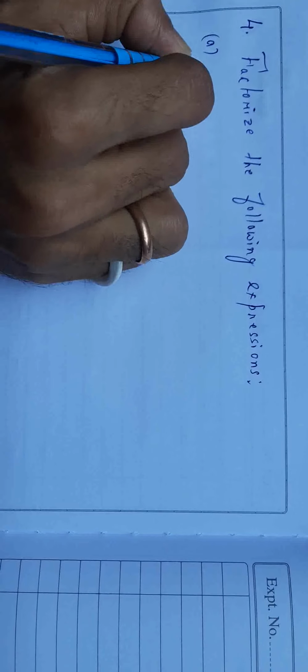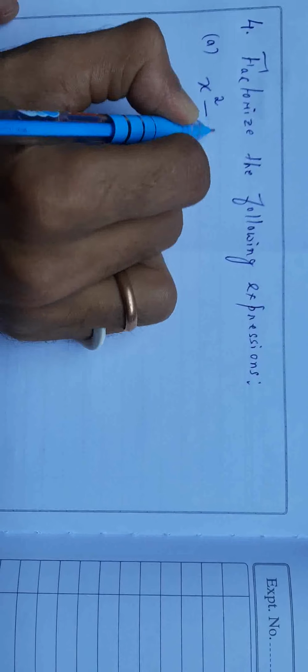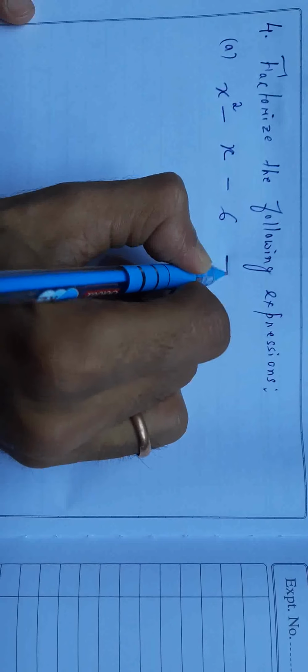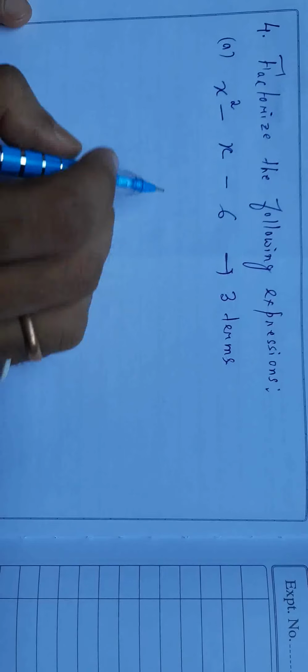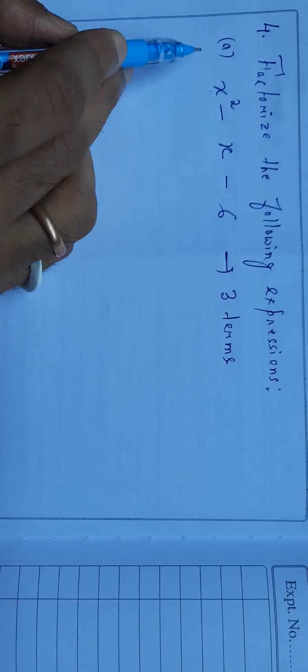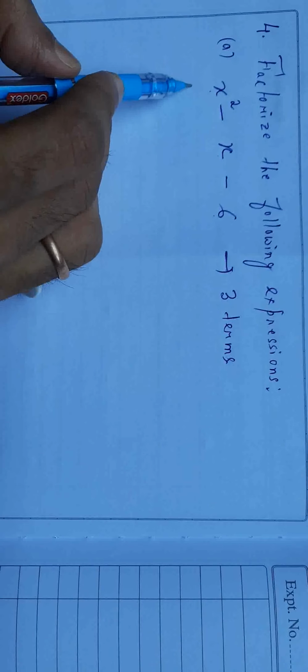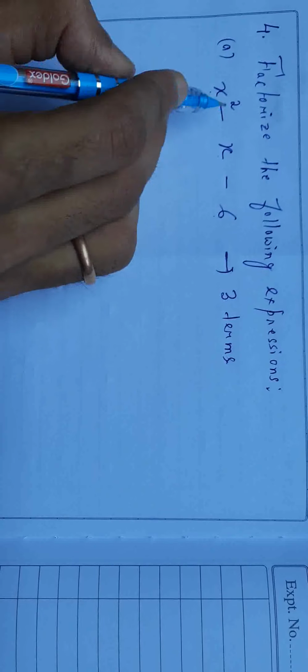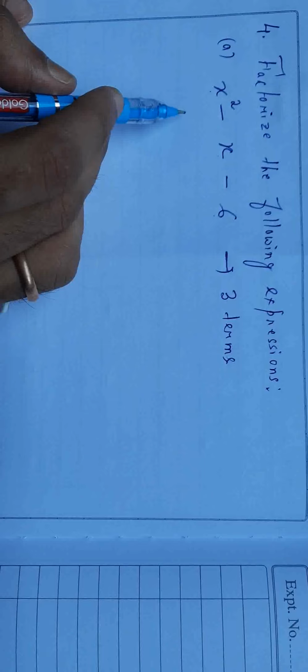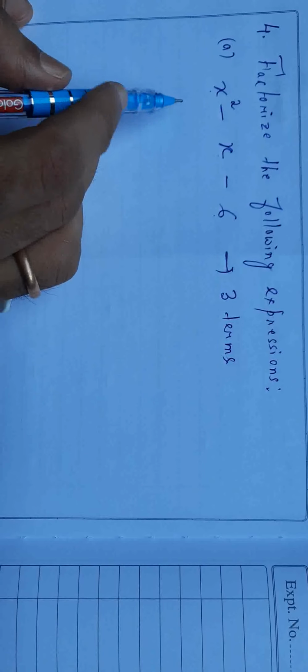Number 1, x square minus x minus 6. Here you can see the number of terms is 3. Out of these 3 terms, there is nothing common. When you get such an expression, we'll go for one method called middle term factorization or middle term splitting, or the fourth identity that we have